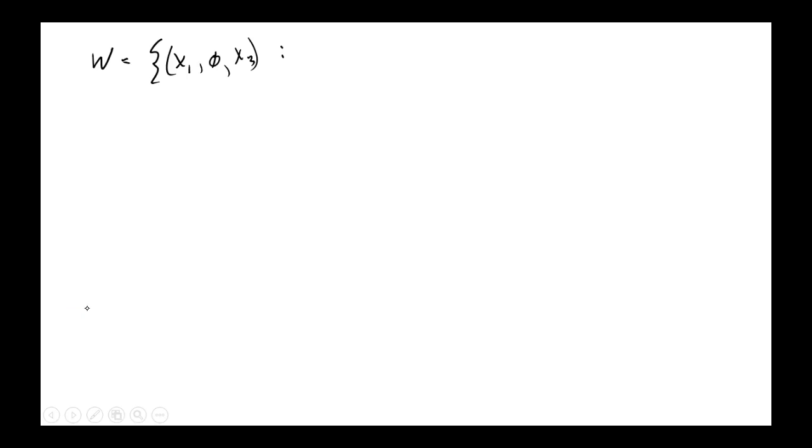Set of ordered triplets x1, 0, x3, such that x1 and x3 are real numbers. Okay, that's all. Show that that is a subspace